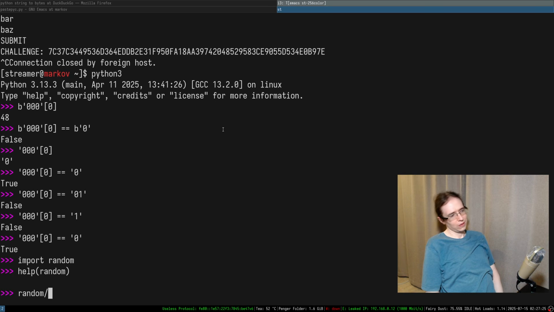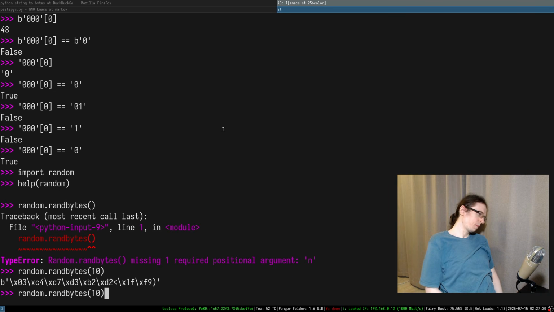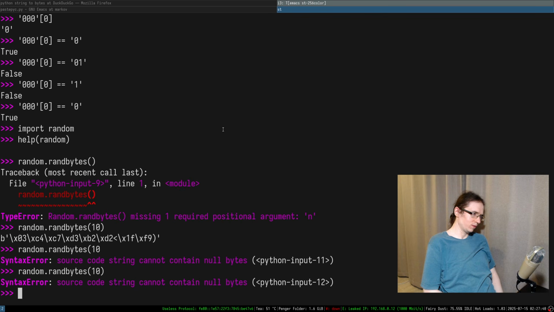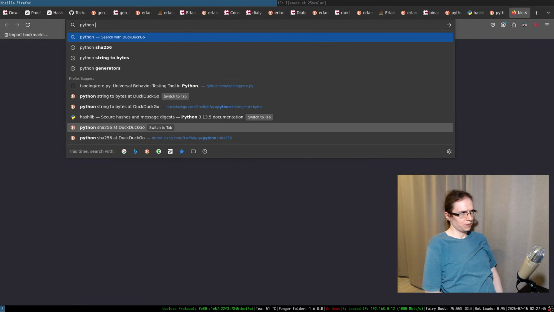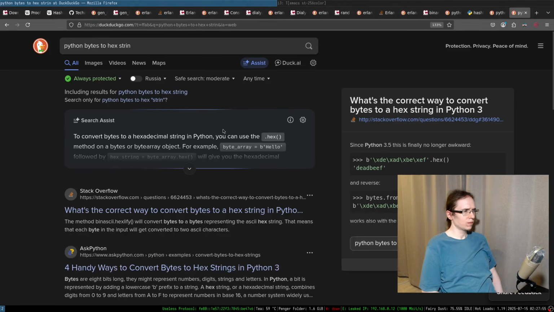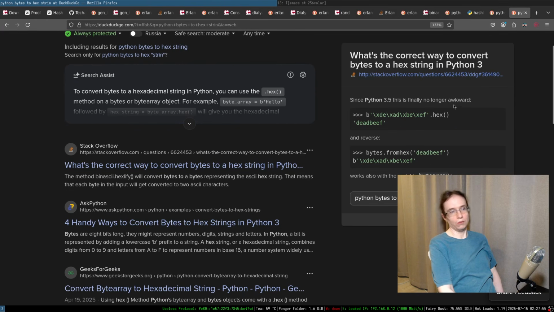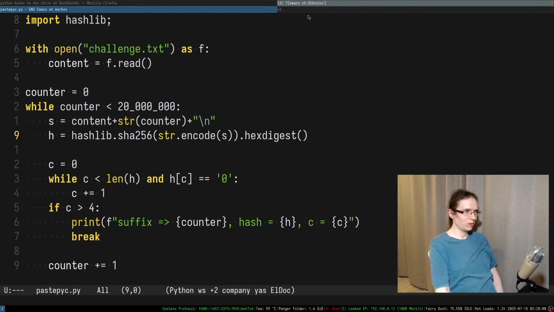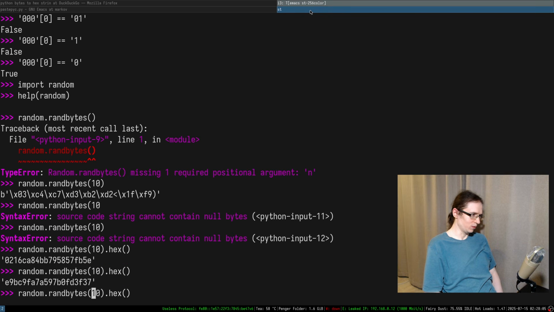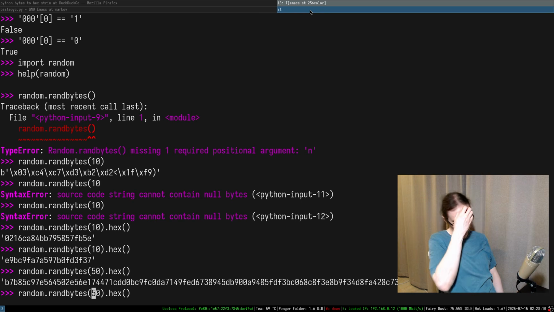Randbytes, and you have to specify the length, yeah, there we go. But now I have to do a hex string of this entire thing, right? So, Python bytes to hex string. Bytes to hex. Okay, so all right, random bytes hex. That's so cool. And furthermore, listen, you can do stuff like